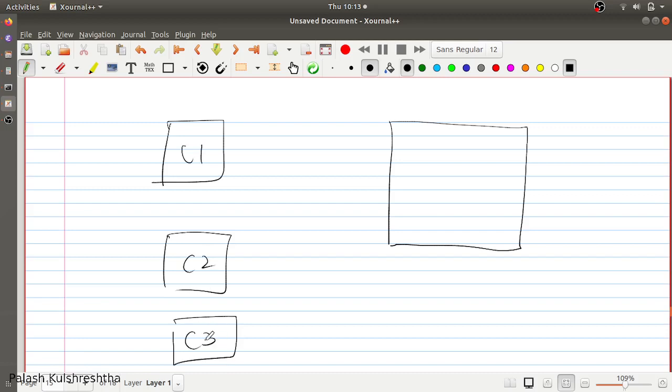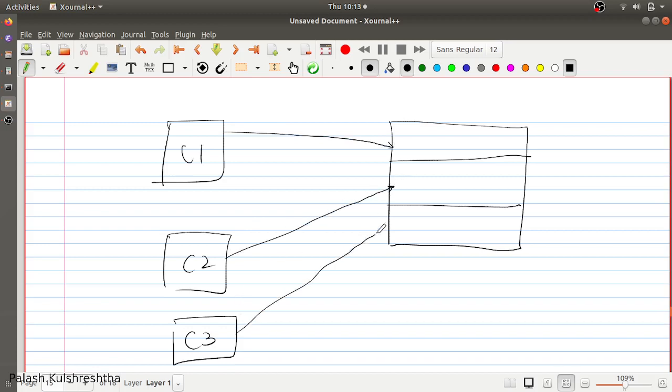You have 3 services, C1, C2 and C3, and instead of having all the resources like in the previous case, what we do is we create a compartment of resources for each consumer. So even if the client C1 goes rogue and is trying to make more requests, its impact is going to be limited to this compartment.